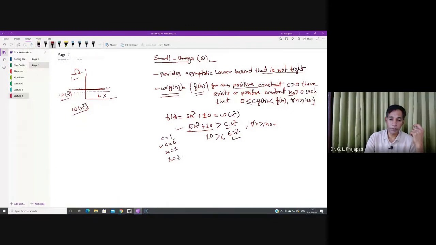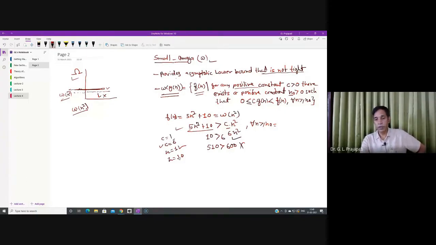For n equal to 1, it holds. Now if n is equal to 10, then what happens? 10 square means 100, times 5 is 500, plus 10, 510, and this should be greater than 6 times n square, means 600,